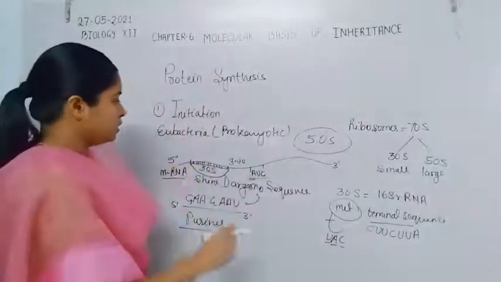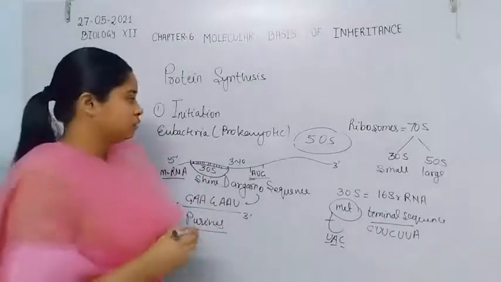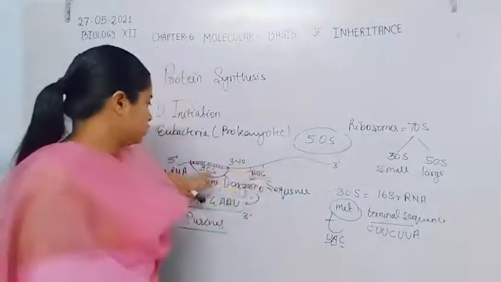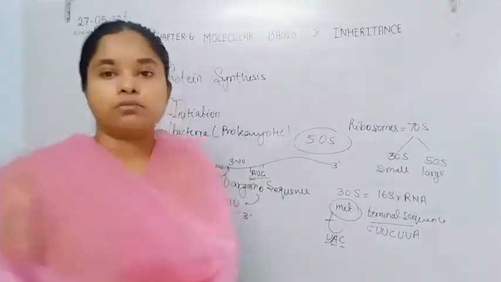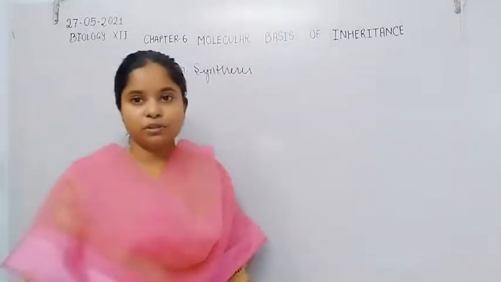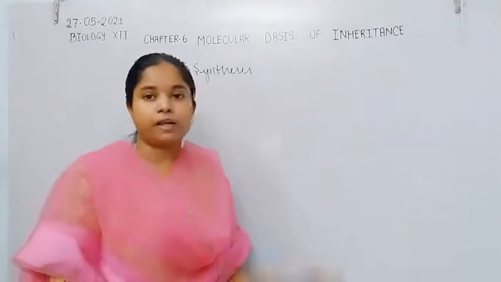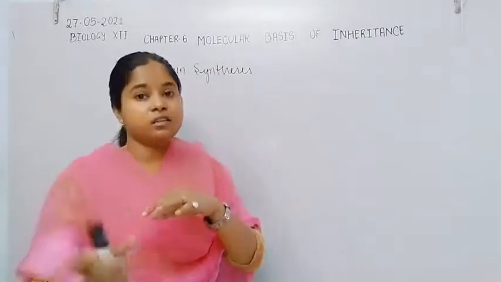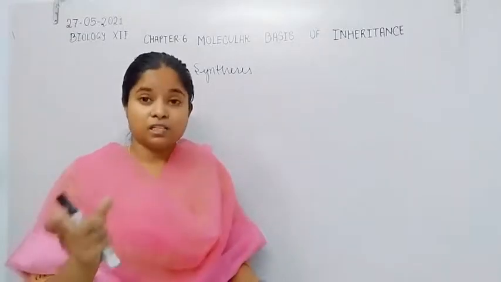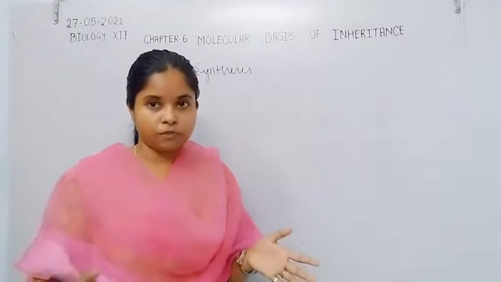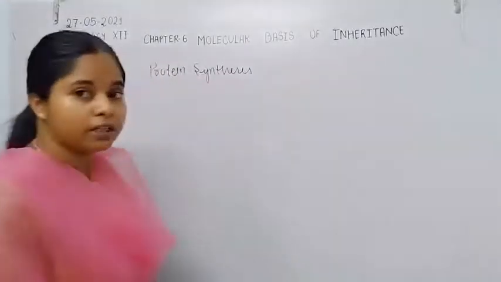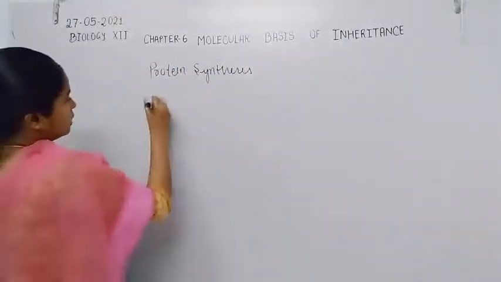But before this, first the attachment of how the 50S ribosome gets attached to the 30S small subunit. As in the case of eukaryotes, the large subunit binds with a specific sequence at the region of AUG, which is the initiation codon, and the initiation codon is surrounded by a specific sequence. That sequence is the Kozak sequence in the case of eukaryotes. So as we already discussed in bacteria, but in eukaryotes,